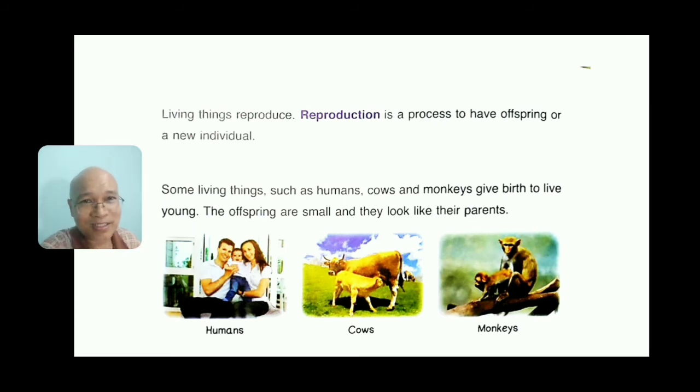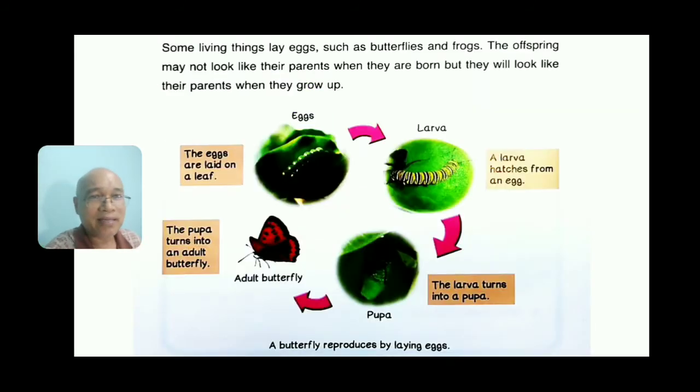Look at these humans here, the kid there, and the cows. They are still like grown up, all right? They look the same, monkeys, all right? As we studied before, but some other animals, they don't look alike when they were young. So some living things lay eggs, such as butterflies and frogs. The offspring may not look like their parents when they are born, but they will look like their parents when